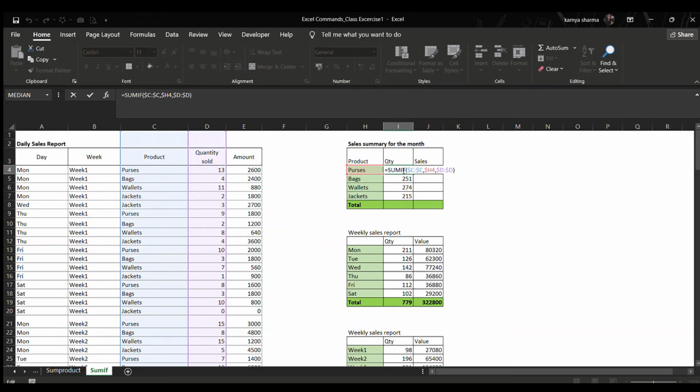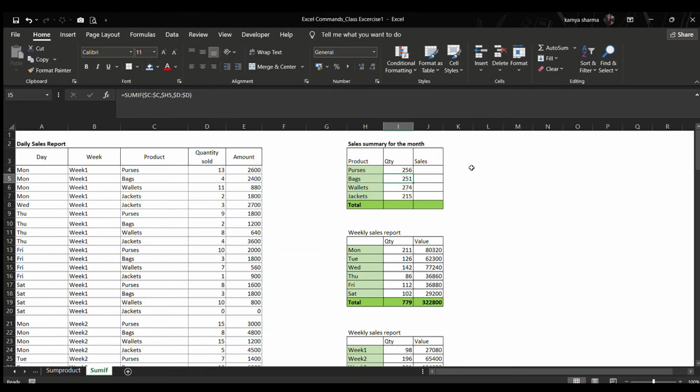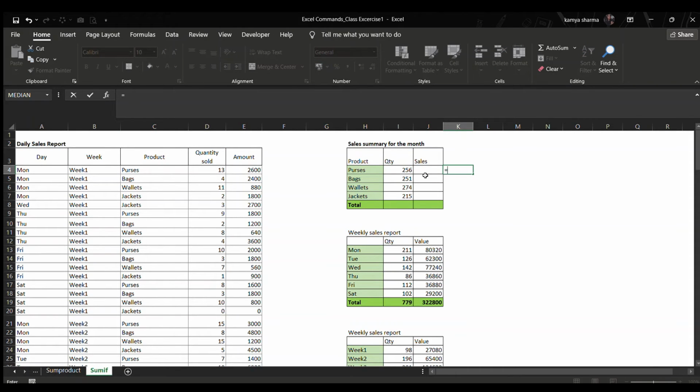Now let me show how you can freeze. If you have to freeze any cell, column or row, just select it and then press F4, or function F4, and this will help you freeze. The double dollar sign will come. If you press F4 one more time, the freezing pattern will change.